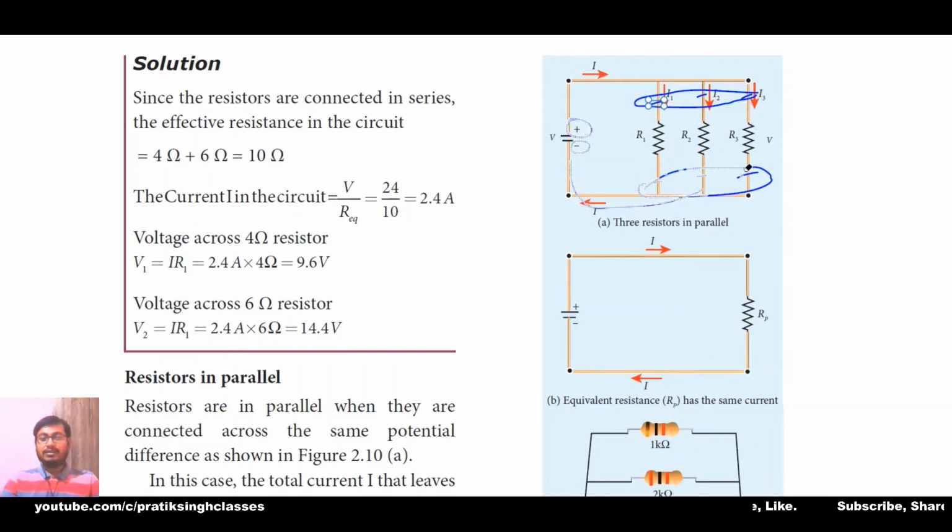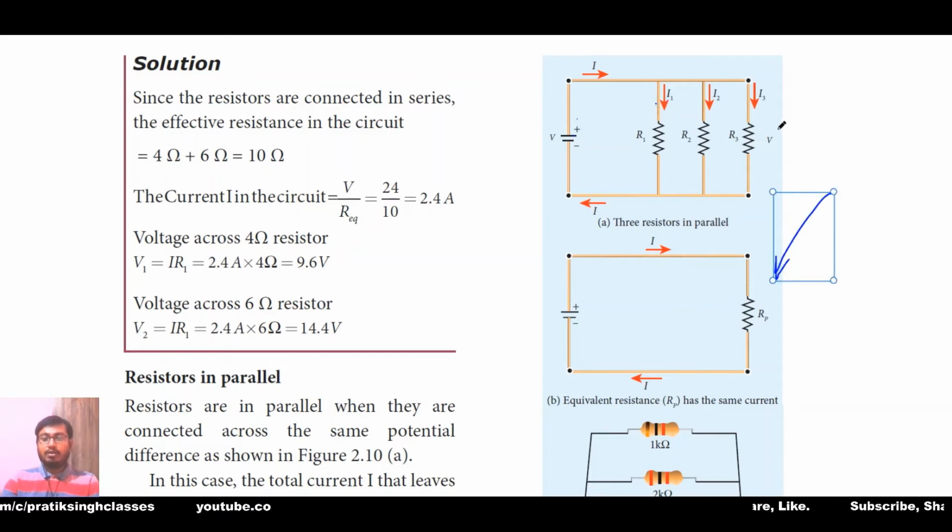Also, the figure shows that the lines of the resistors R1, R2 and R3 seem like they are parallel to each other, this line and this line parallel to this line. So here we have an equivalent resistance, that is Rp, for all these three resistors. Suppose we have to make this circuit as simple as possible, then what should be the resistor added in such a way that it will give the same effect as these three resistors individually added together with each other?